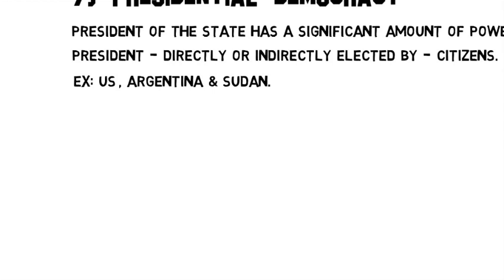जब हम प्रेसिडेंशियल फॉर्म ऑफ डेमोक्रेसी की बात करते हैं तो प्रेसिडेंशियल फॉर्म ऑफ डेमोक्रेसी एक ऐसा सिस्टम है जहाँ पर प्रेसिडेंट को बहुत सारे पावर दिए जाते हैं, और ये पावर ज़्यादातर बहुत ज़्यादा होते हैं और more than any government of the day. और प्रेसिडेंट को हमेशा एक तो डायरेक्टली इलेक्ट होती है या इनडायरेक्टली इलेक्ट करते हैं वहाँ के सिटीजन्स। और एग्जांपल हमने देखे हैं यूएस और अर्जेंटीना एंड सूडान। यहाँ पर ऐसे ही सिस्टम चलता है जहाँ पर प्रेसिडेंशियल फॉर्म ऑफ डेमोक्रेसी है। और जैसे मैंने बोला, प्रेसिडेंशियल फॉर्म ऑफ डेमोक्रेसी में प्रेसिडेंट ही सबसे पावरफुल ताकतवर इंसान होता है। वो अपने कलीग्स, वो अपने काउंसिलर्स, वो अपने मिनिस्टर्स को खुद चूज़ करता है।